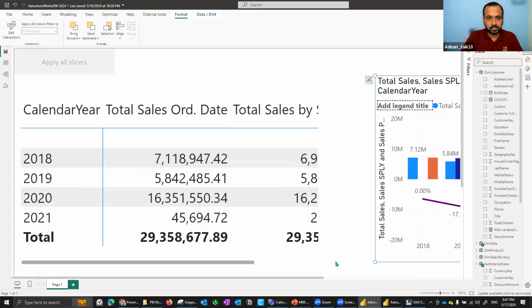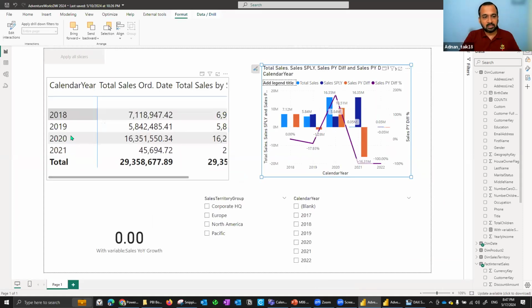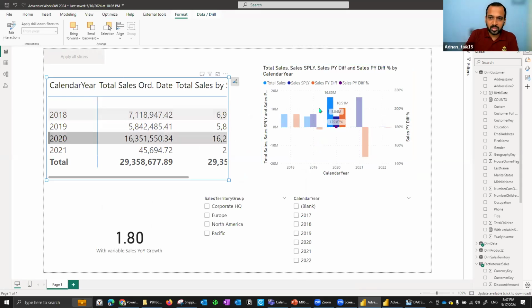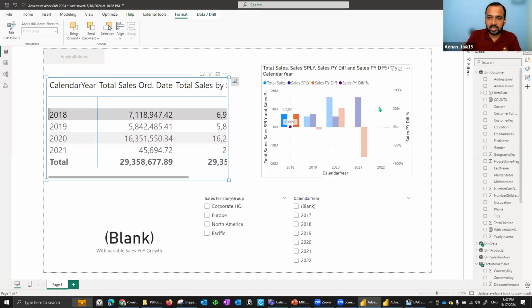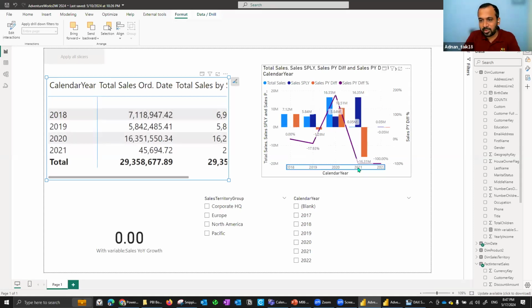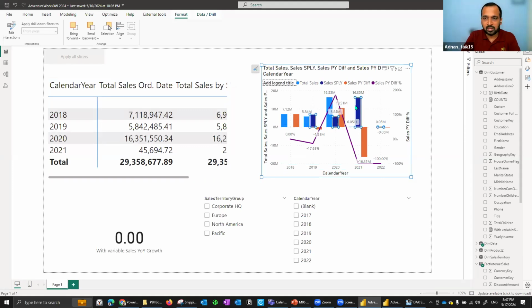Oh, that's too big. So you can see we have a selection here, and also on this part. If I select something on this visual, which is the matrix, 2020, it is actually highlighting this value here, right? It's just dulling the color of the other things and highlighting this particular thing. If I select 2018, then it shows 18 here, and everything else here is dulled. If I select something on this part, like 2021 on this one,